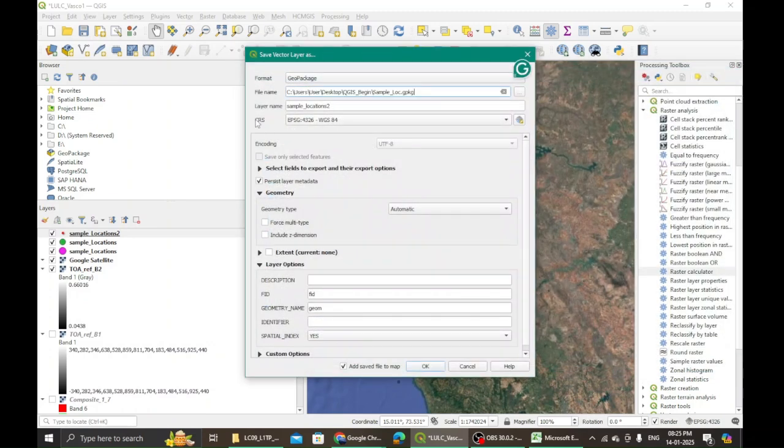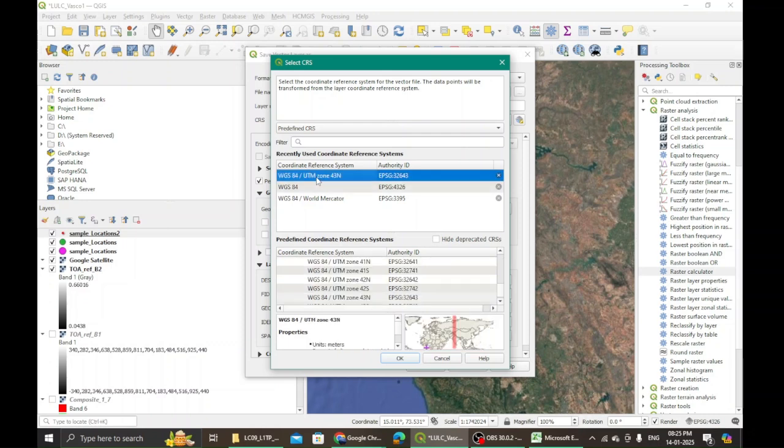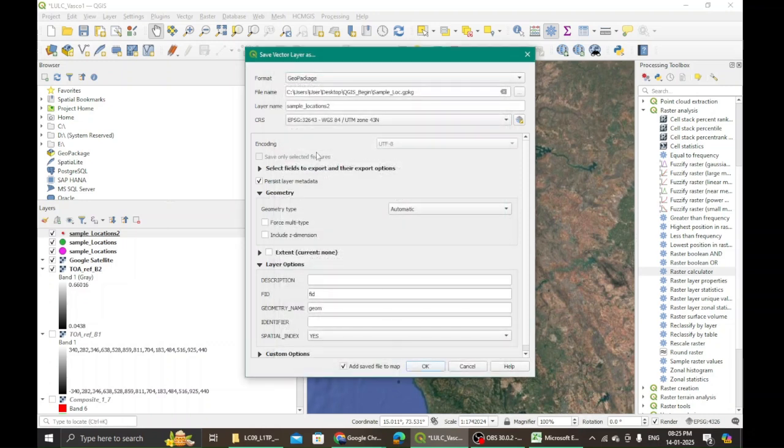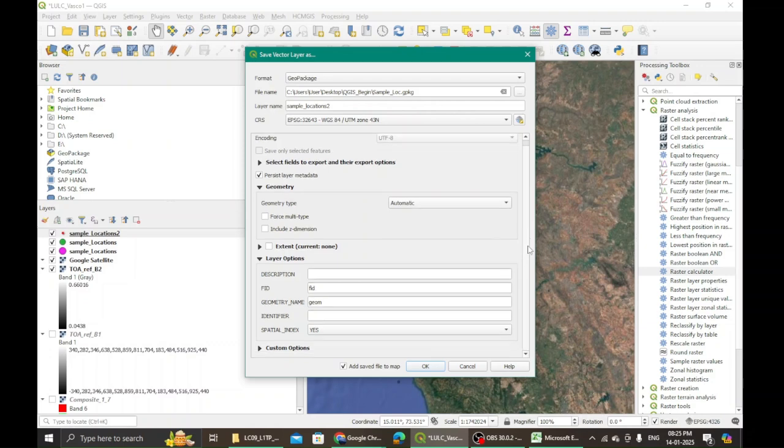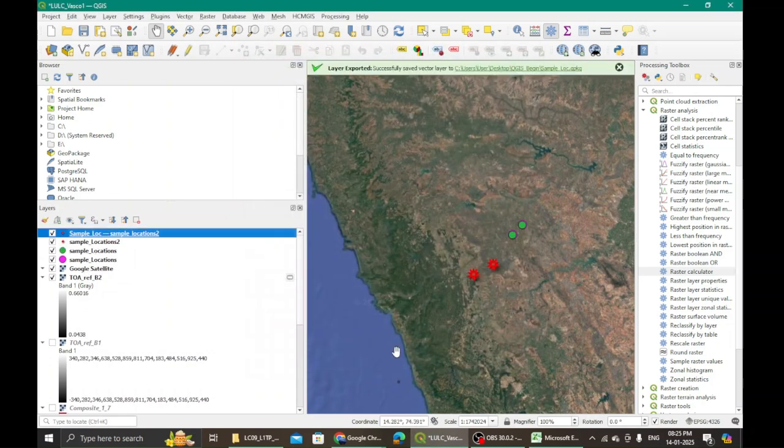Right, once I save it, let me change this CRS here itself. Right now it is WGS 84. Let me change it to this zone 43. I say okay. I am already changing it so that whatever geometric things that I need to do, I will be able to do on it. Okay. Next is, if you want to add any geometry name, any description, you may do it over here. I say okay. Now it is saved. You can again change its name however you want. I am just saving this particular project.